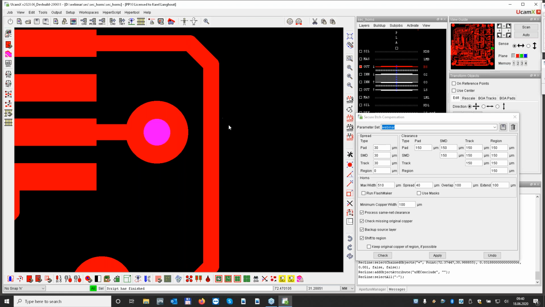So I undo my spreading, and now on this layer I will redo my compensation. And in the end, when it's done, you will see, well, we have to wait a little bit. So now it's still doing a net compare.